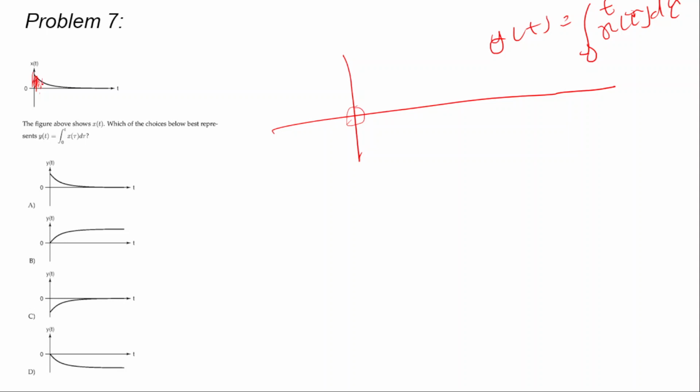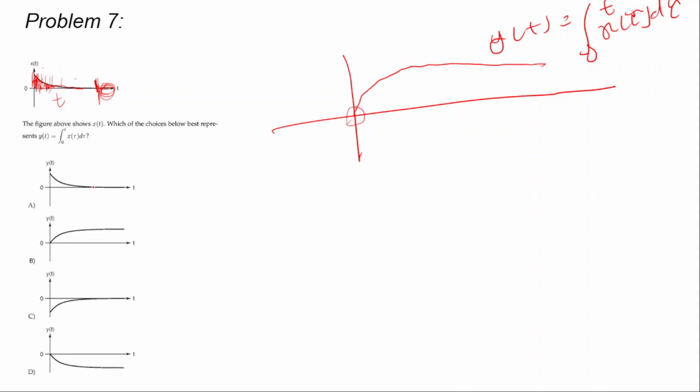So now after some point, after some t, like here, the contribution of this area will not be very significant. So after this point, the area will become constant. After some certain limit, this will behave as a constant function, and before that point, it starts increasing as you increase the time. So at time t equals 0, it's 0. As you increase, it will increase, but as t tends to infinity, it will become constant.